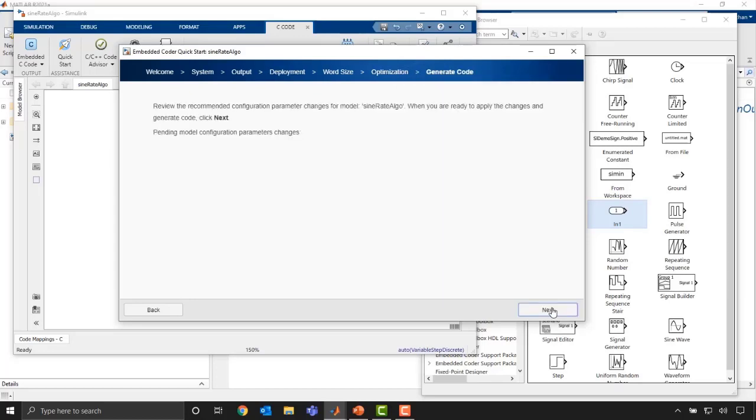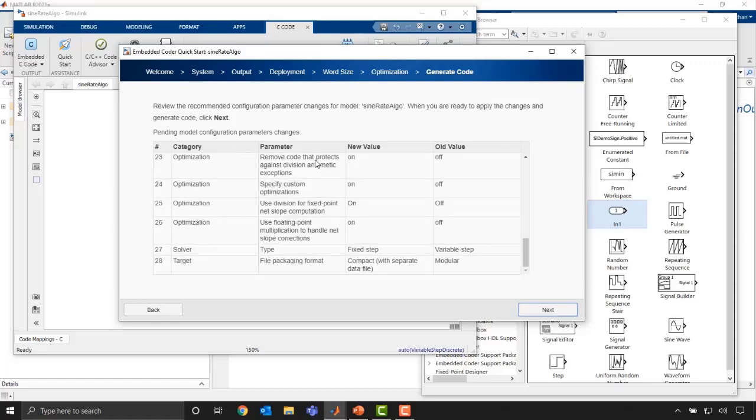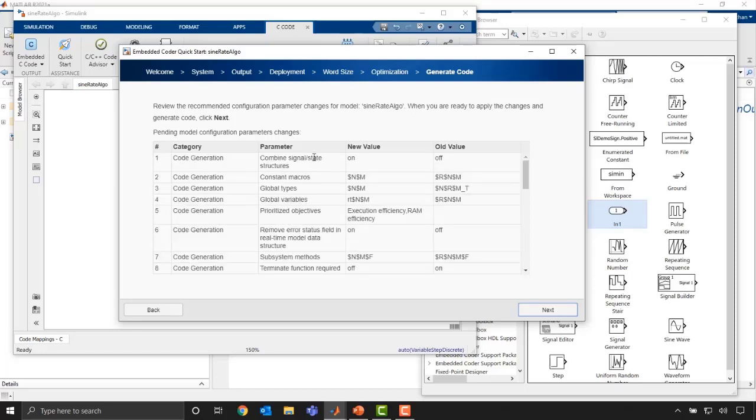And this is now showing us all of the setting changes that this quick start guide did for us automatically, right? So you can see there's a lot of stuff going on here. I've run into many cases where customers generate code for the first time and they just use a default model and they see a lot of weird stuff in there. And oftentimes it's because you're generating code that has debugging features and stuff that you use in simulation. And Simulink's code generation tools try to replicate exactly what you have. So if you're generating code for targets, I really recommend using this embedded coder quick start. It'll get your code in a much better state immediately.